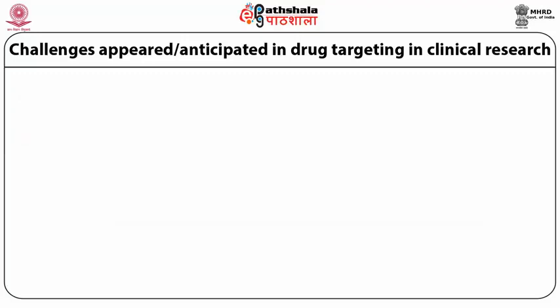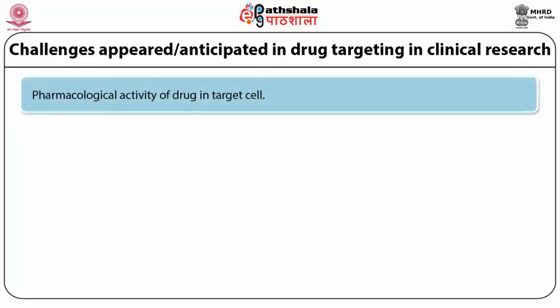Further, you also have to ensure that the drug has pharmacological activity, because there are chances when you are encapsulating the drug into any nanocarrier, the drug could lose its therapeutic activity. So you will have to evaluate the drug for pharmacological activity, as well as